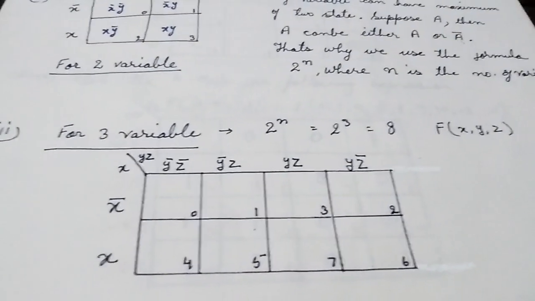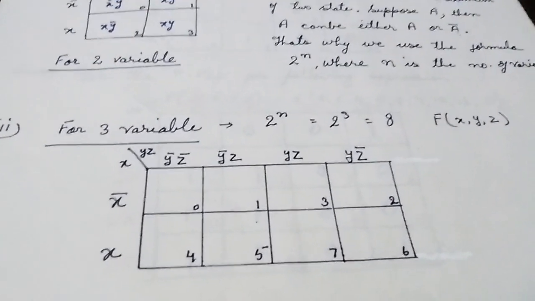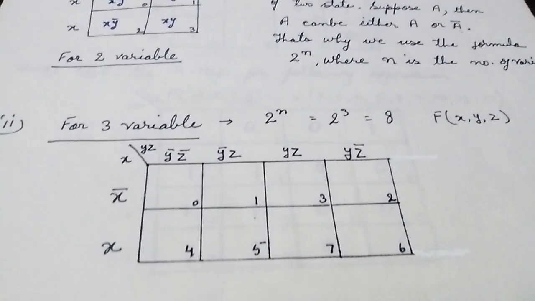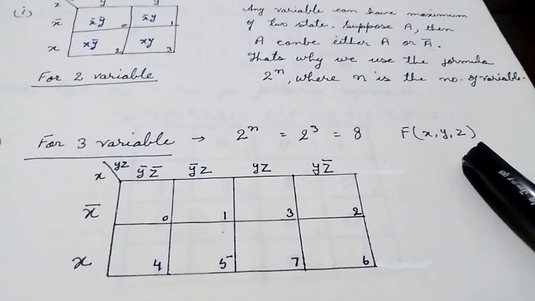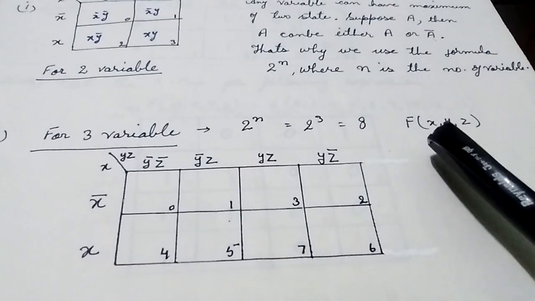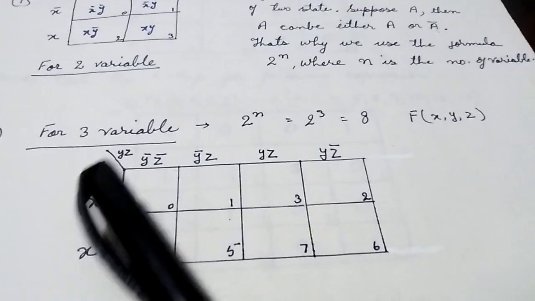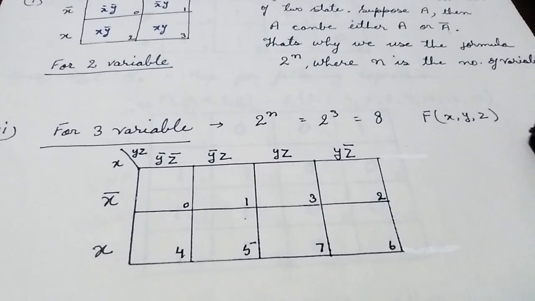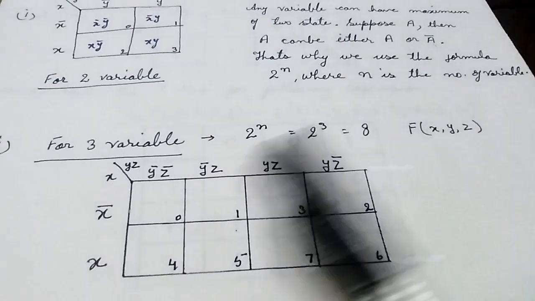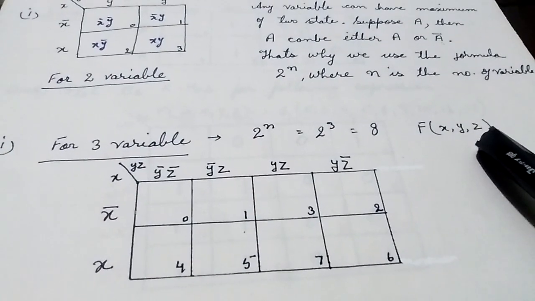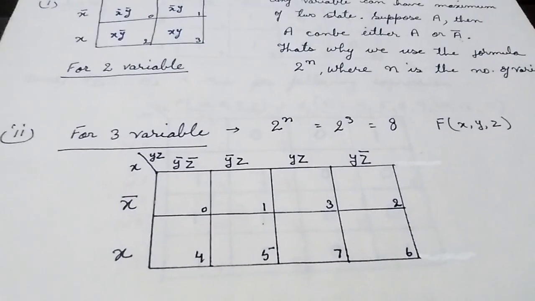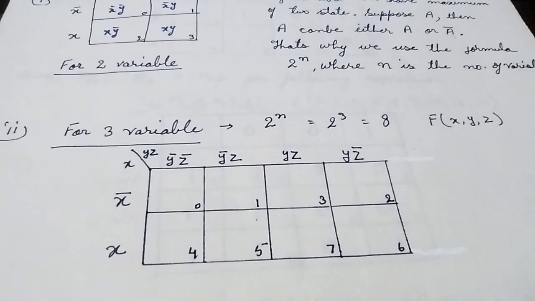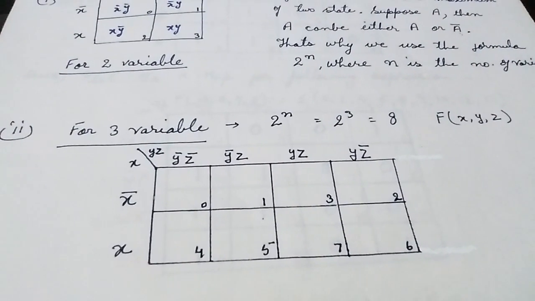Let us move to plot the K-map for 3 variables. Suppose the variables are function x, y and z. Now this is very important to remember. If the function names are given here as x, y, z, we also have to write x, y, z in the same way as it is written. If we write ABC in place of x, y, z, it will be wrong. And if it is written in capital, you also have to write in capital. If it is written in small, you also have to write in small letter.